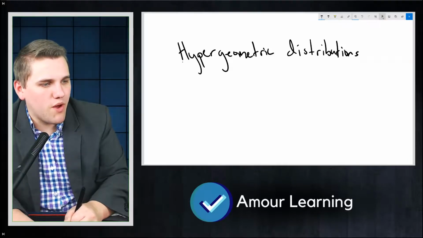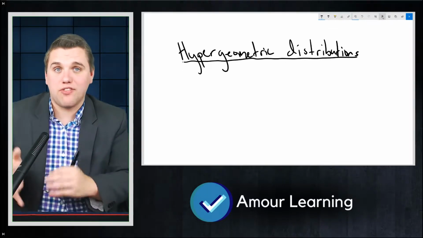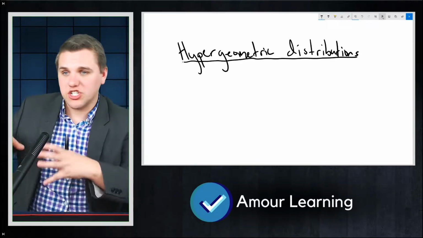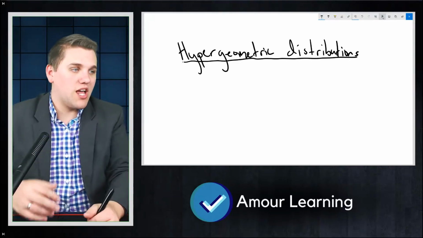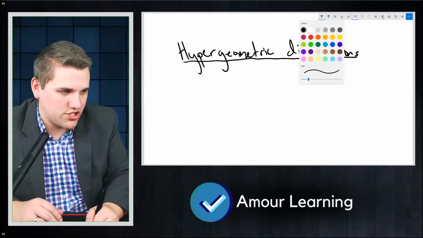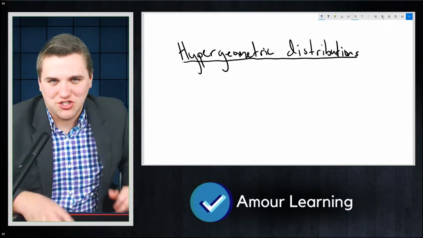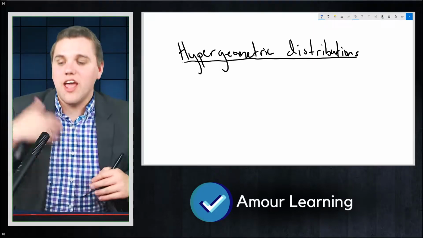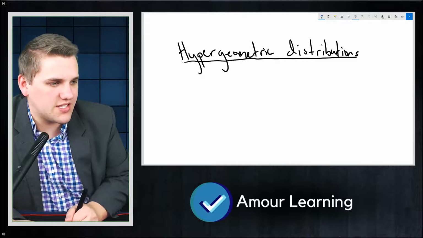Now, most people, when they hear the phrase hyper in front of a math term, it typically means we're just going to take that concept and make it more difficult to understand. Or we're going to make it a little bit more complex, I should say. And yes, that's exactly what we're going to do. We're going to take geometric distributions, which we talked about in the last lecture, and we're going to bring it up to the next level. The idea is, with